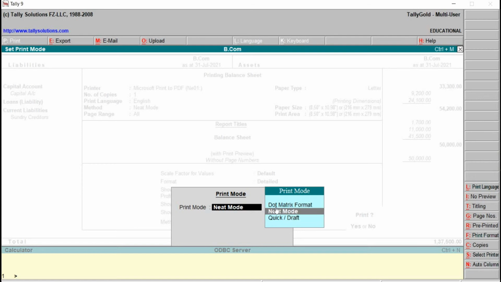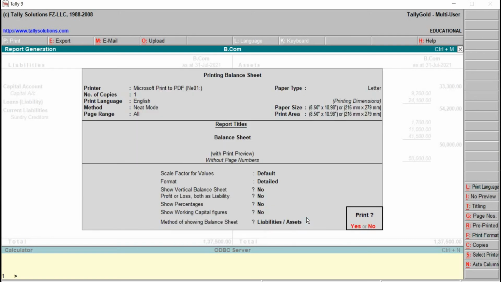Suppose we are using dot matrix printers, then we can select dot matrix format to print Tally reports. Neat mode and quick modes are compatible with most of the printer drivers which are installed on the Windows operating system. Right now select neat mode.